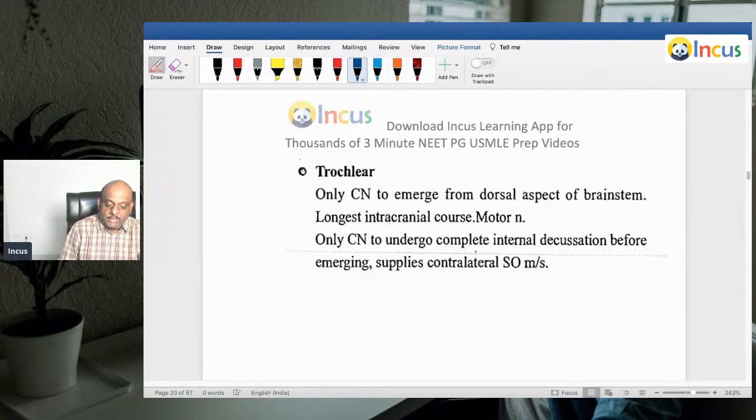Then what about the trochlear nerve? Can the online students punch whether the voice is loud and clear for all of you? Dr. Sanvi Rai, Dr. Nick, Jitendra, Avilo, can you please punch whether the voice is loud and clear for all of you with a smooth broadcast? So Doctor,